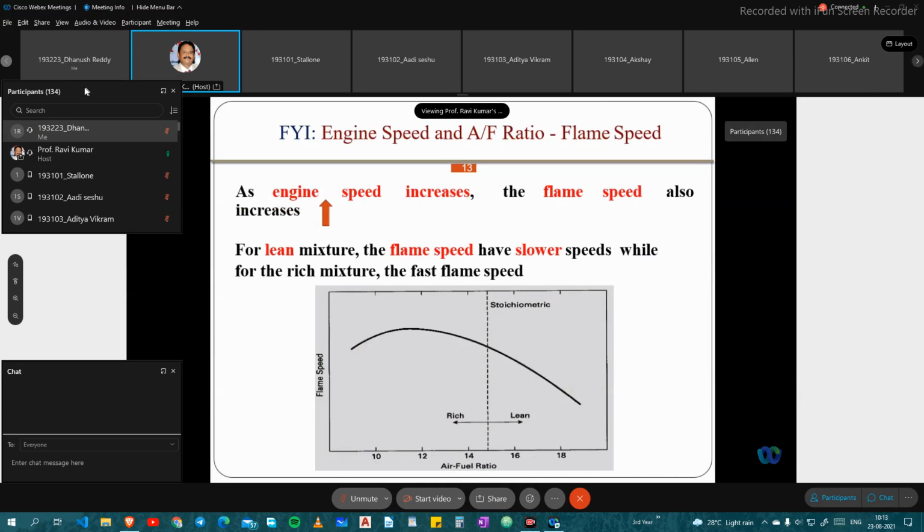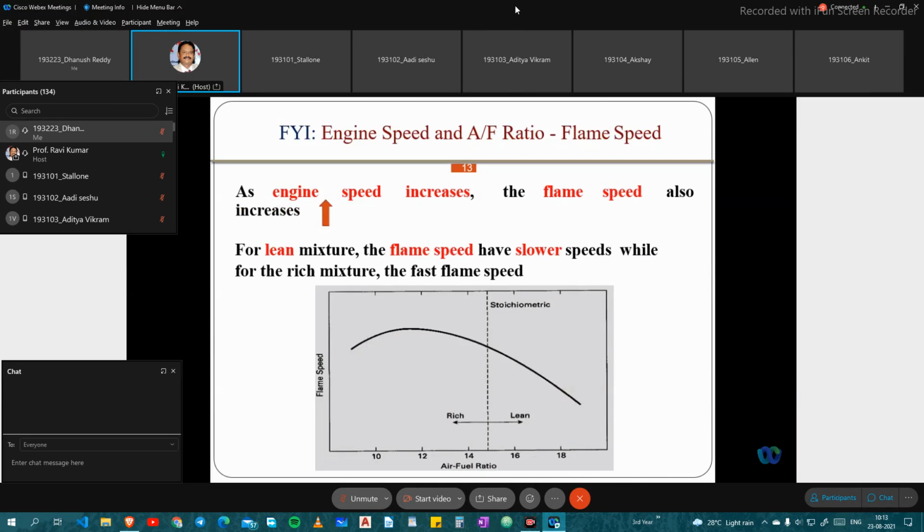Here you can see this flame speed versus air fuel ratio. For a lean mixture, just as an example, if you have a scooter or motorcycle that has been left for a few days, and you want to start it, it won't start, then you apply the choke. If you apply the choke, you are releasing more fuel to the engine, that is called the rich mixture. You are adding it and going to start. Once it is started, you again keep the choke knob in the half position. Initially you have a lean mixture, then you open the choke and get a rich mixture, and you start it.